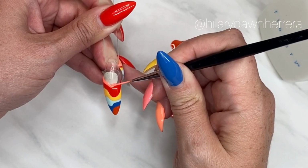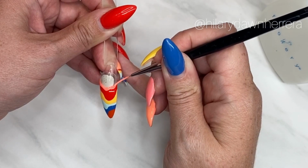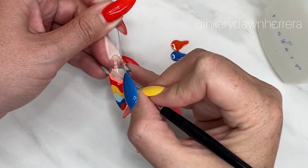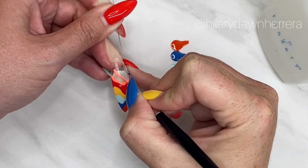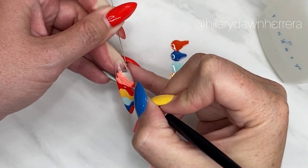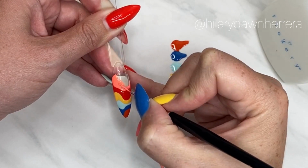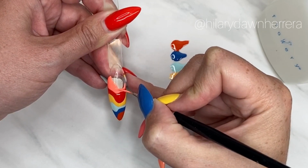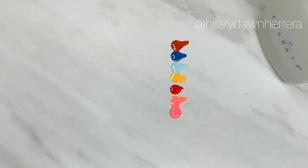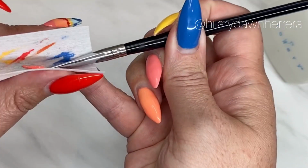That perfect orangey coral. Utah sunsets are orangey coral, and they're honestly just magic. They really are. There we go, and we'll fill that in. See how much pigment is in these? Oh, I love it. Okay, cure, clean,